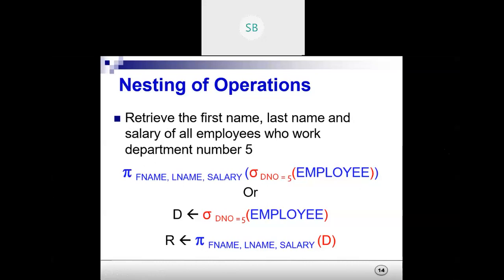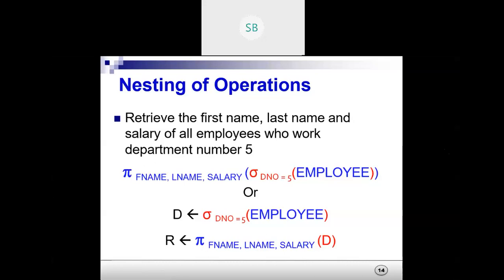Now, where will you find the department number? If we don't use this nesting part, suppose we are not using the select operation, will you be able to find the names of all employees who work in department number 5? Is it possible?